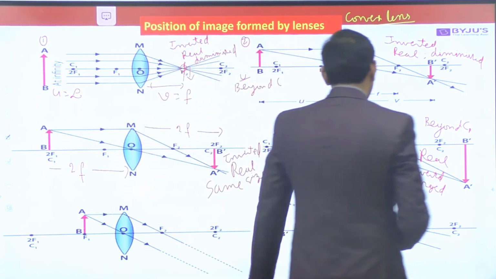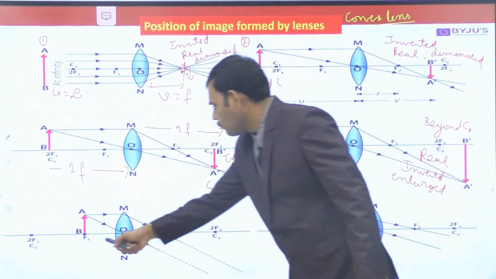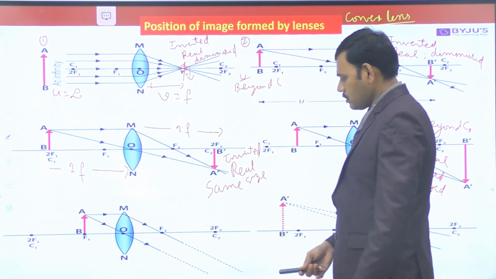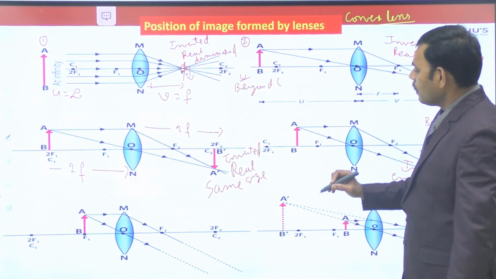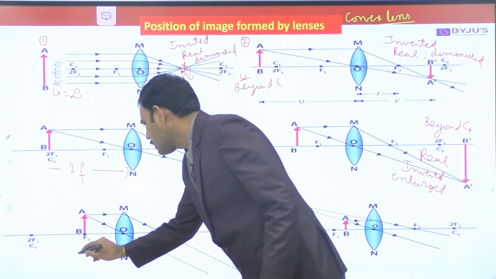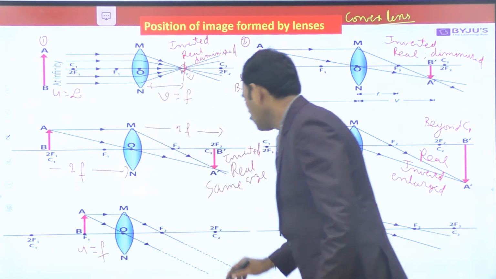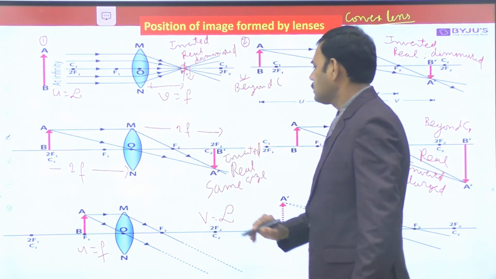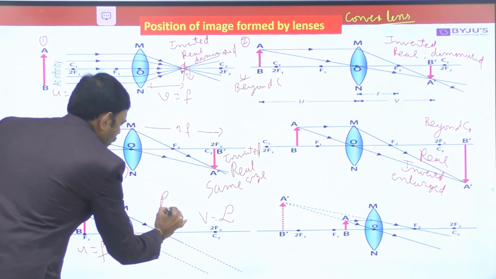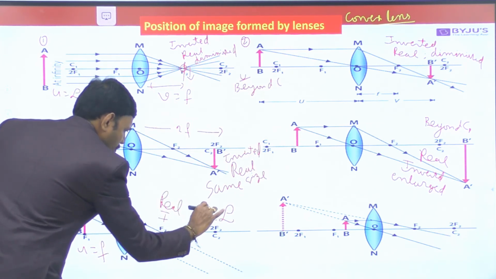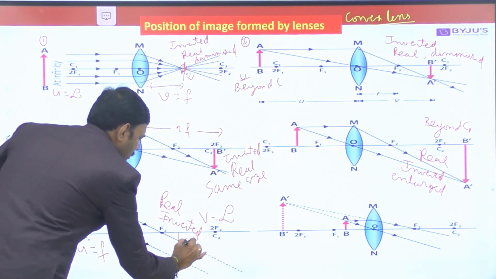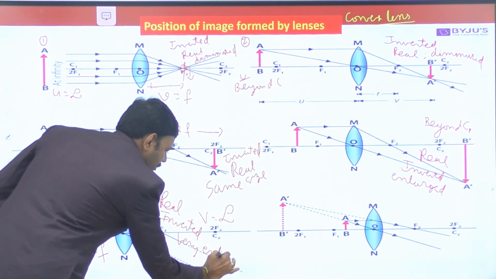This is the condition. Next, if the object is kept exactly at the focus, after refraction the light rays move parallel, so the image may form at infinity. So a very highly enlarged image. Here also, if the object is at the focal length, then the image may be formed at infinity. This is the location of the image, and moreover it is a real image, undoubtedly, and inverted, it forms below the principal axis. Inverted image, real image, and very highly enlarged image.